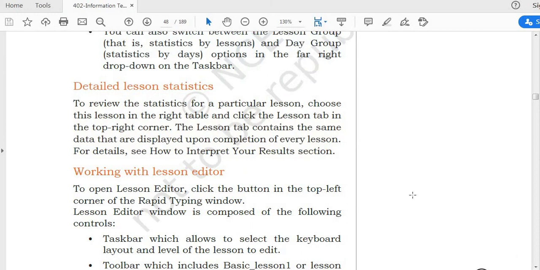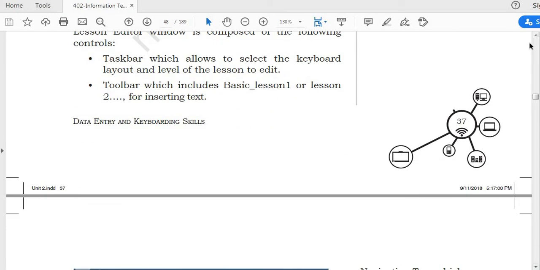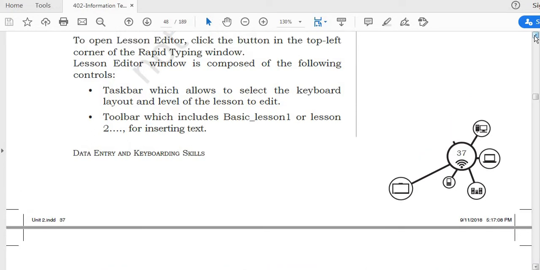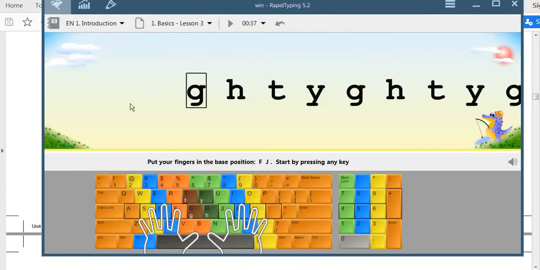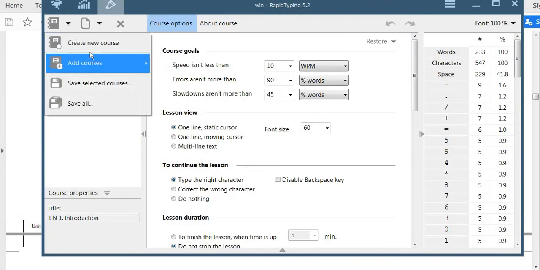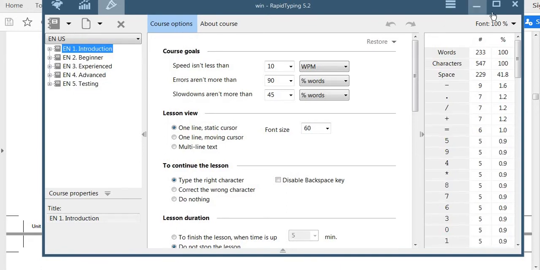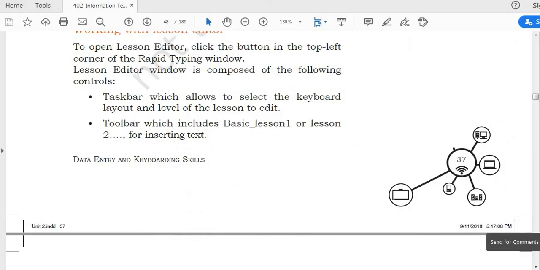Okay, and working with a lesson editor, I have just shown you, using the lesson editor you can create a new course, new lessons, right? Here it is, the lesson editor is here, right? Through the lesson editor you can create a new course. From here you can create new lessons, right? Understanding? Okay, now